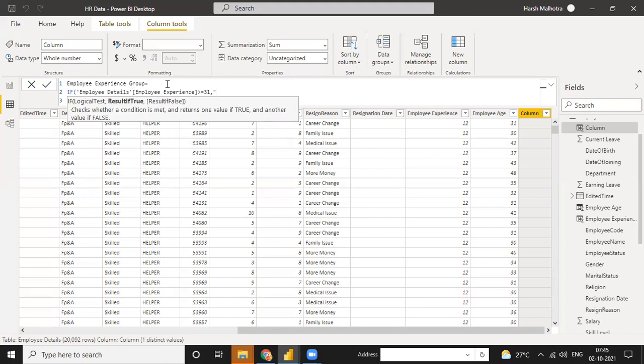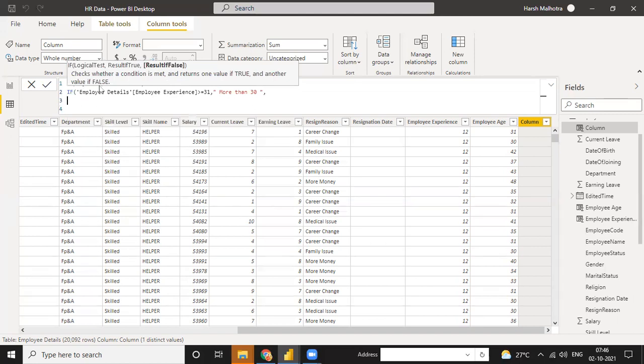Okay. Then I need more than 30. Okay, I use the function more than 30. And in the same way, if you have only two functions, then you can just use yes and more. First is more than, and second one is less than 30. You can use it this way.